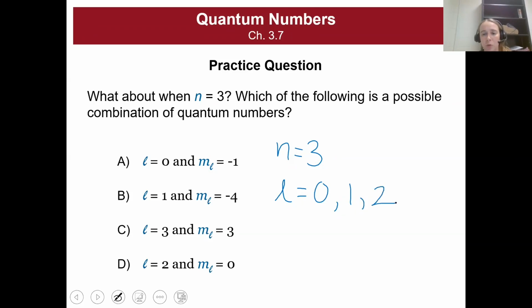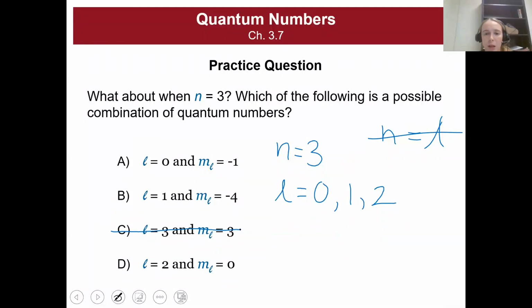L can be 2. That's still less than n equals 3. But L cannot be 3 because n cannot equal L. L has to be less than n. Okay, so those are our three values of L. So that eliminates this option right away. So our other three are still